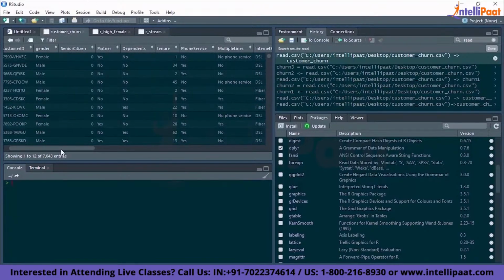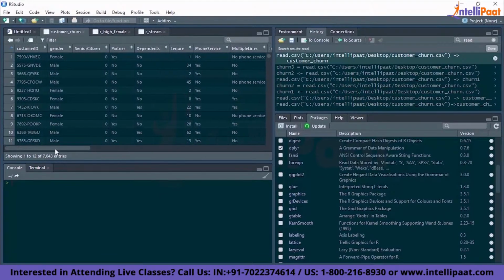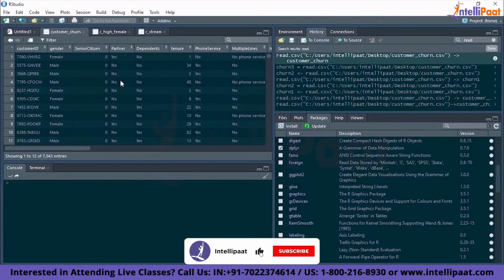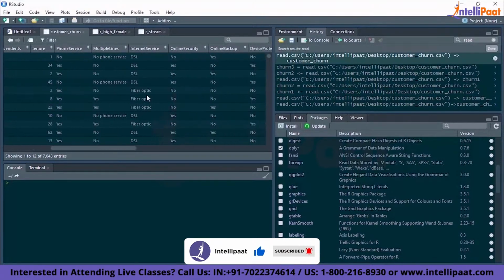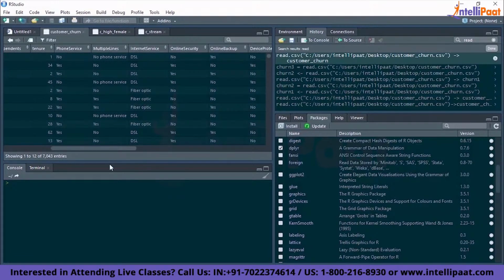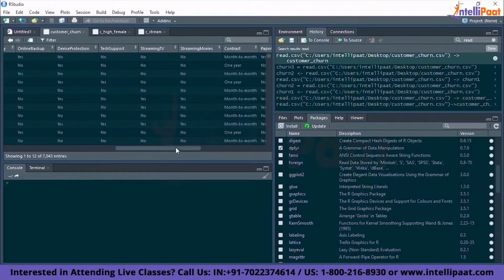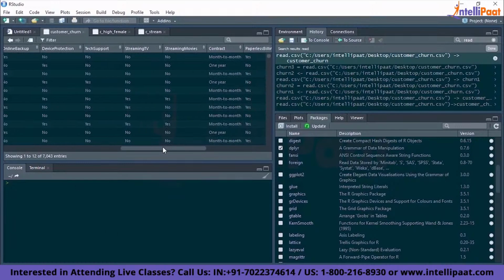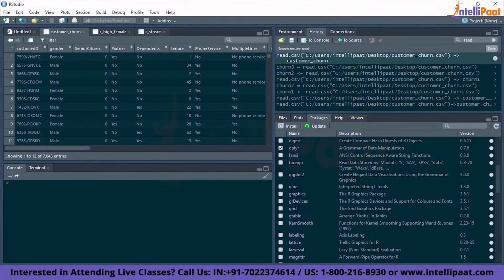Now what we'll do is we'll give 3 conditions. So let's complicate this a bit more. Let's just say I would want to find out all those customers whose tenure is greater than 50 and whose internet service is, let's say, DSL, and whose contract is, let's say, 1 year. Right, so let's go ahead and give all of these